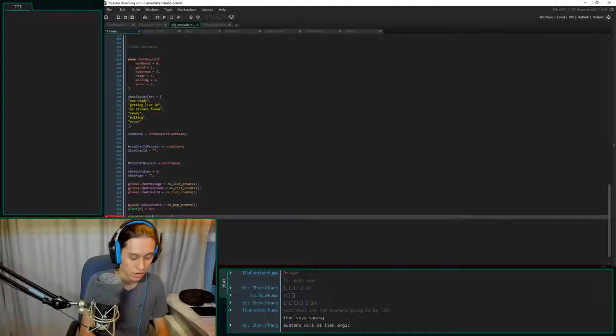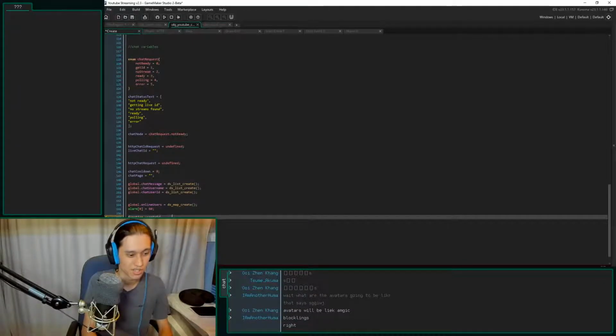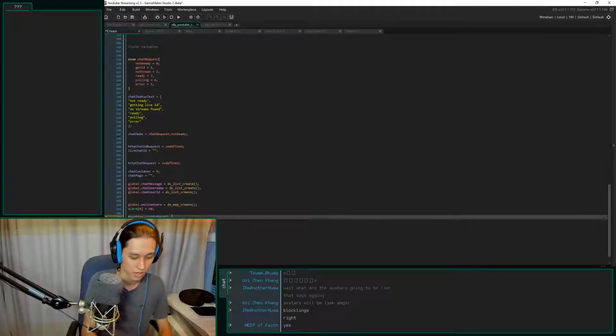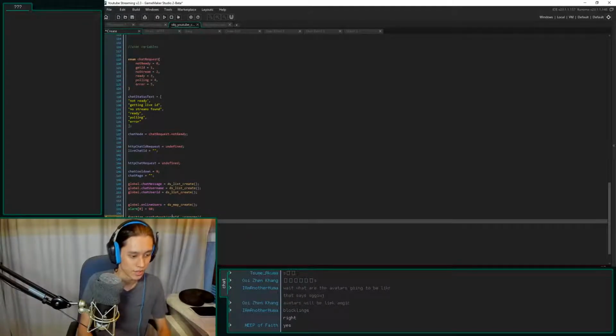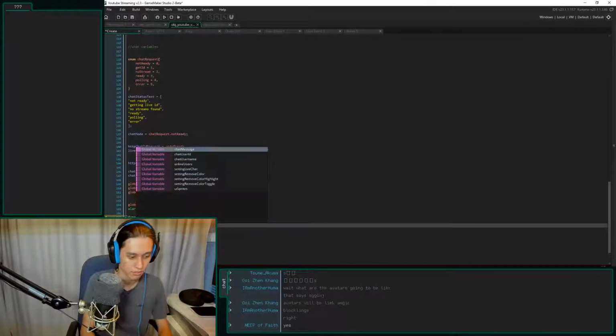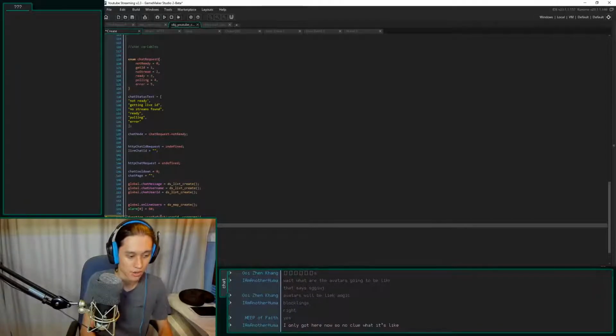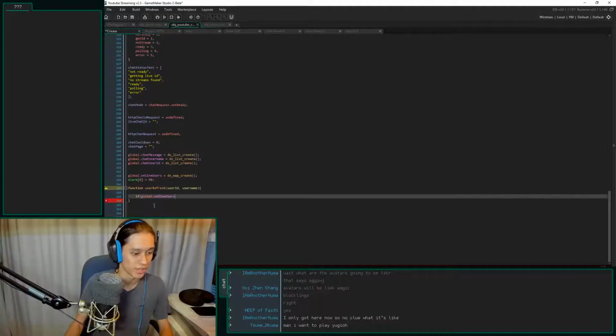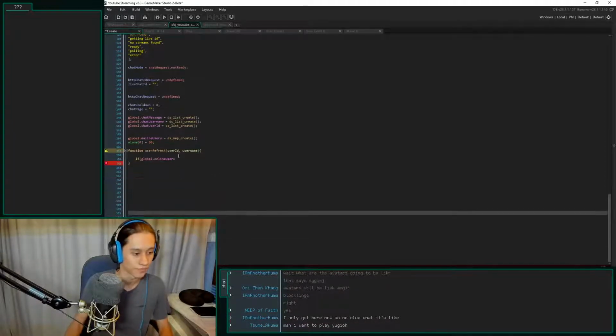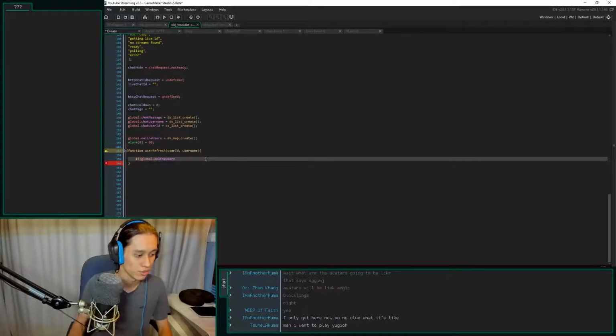So function, user refresh. Is it a user refresh? Yeah, user refresh. And I want the user ID, and I also want the username. What this is going to do is, global.online users. Ooh. We need to first check if it exists. So if global.online users. Wait, you can't exactly see what I'm typing. Here we go. Okay, I'll show it a bit later.